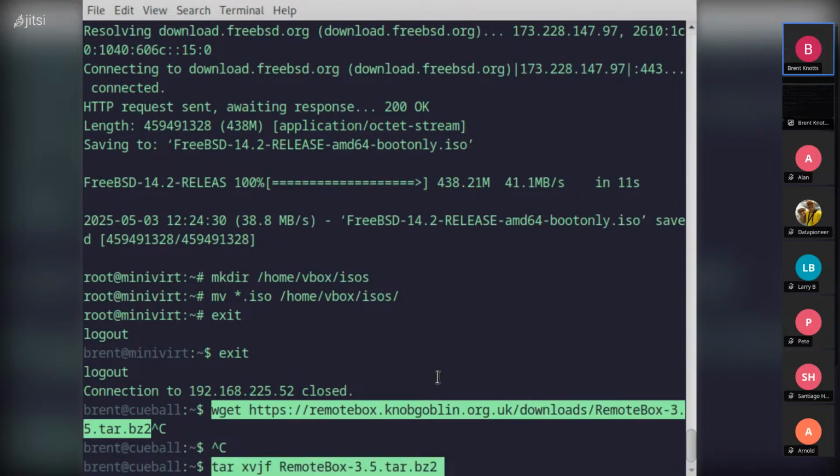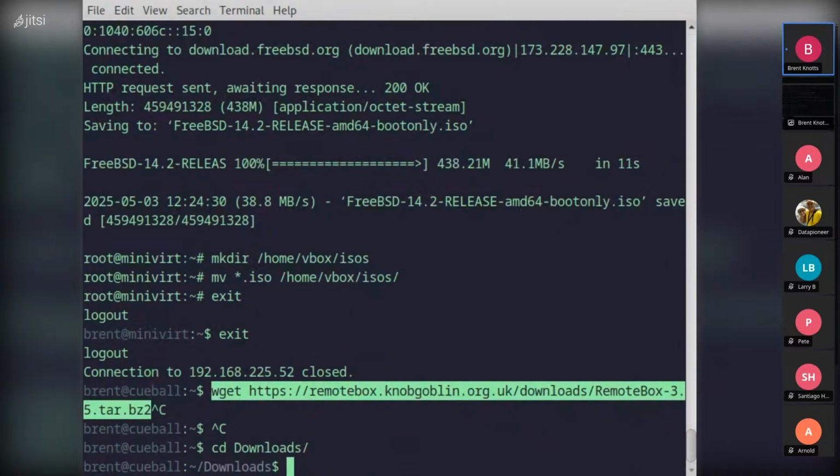So to do that, you would do that, and it's going to just untar it. You don't need to install it in any way. So now I'm going to find my home keys apparently, and then, oh, where is this? Oh, it's still in downloads because I did this from a browser initially. So I'm going to cd to that directory,